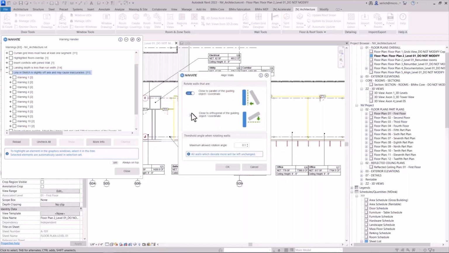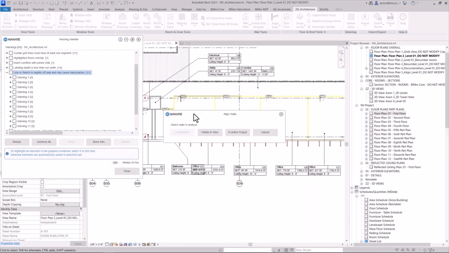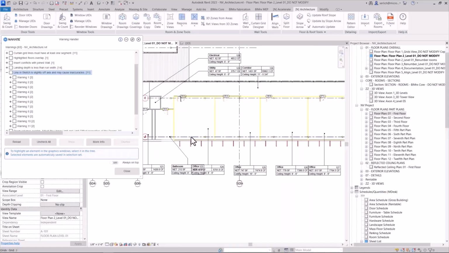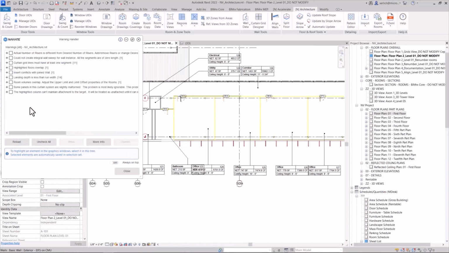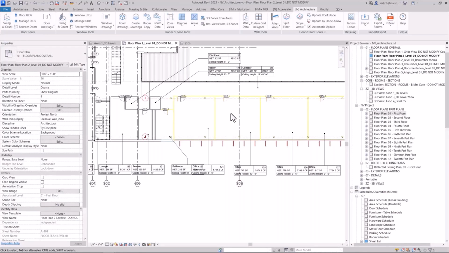I can align both or either horizontal or vertical elements, and I can specify a threshold or a rotation angle, and then simply select all the walls visible in the view or in the entire model. Once I reload my warnings, we'll see that they all disappeared, and now I'm able to continue